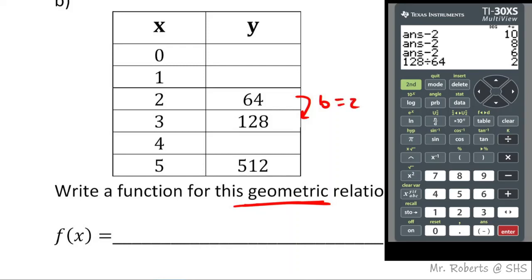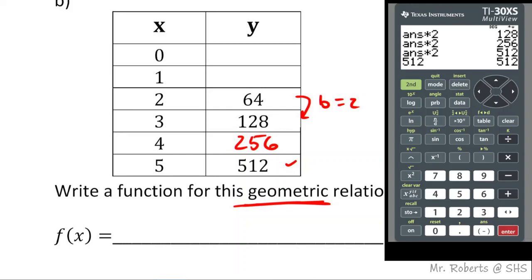I'm multiplying by 2. So if I take 64, put it on the stack of my calculator, and say times 2, it gives me 128. Then it gives me 256, and then it gives me 512, right? Got it. And if I want to go backwards and fill this in, I can start with the 512, and